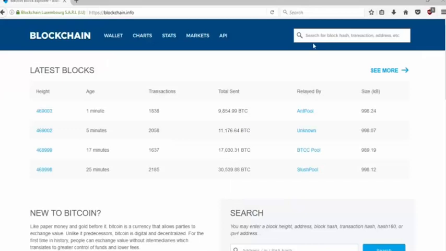Hello everyone, and welcome to this video. In this video, I'm basically going to be explaining to you guys what blockchains are, or what a blockchain is. So basically, let's start from the building blocks. A block is basically a record or a log of a transaction, basically a Bitcoin transaction. So a block is a log or a record of a Bitcoin transaction.